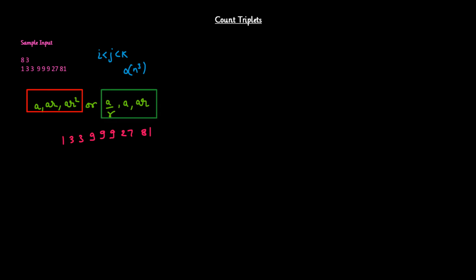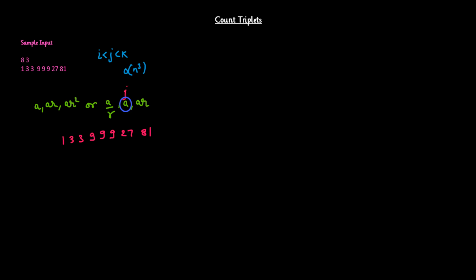So whenever I process this array, I'll treat this as a, and if I divide a by R, basically the common ratio, then I'll get an element which is on the left side. And if I multiply a with R, I'll get an element which is on the right side. So if I am on the middle, then it will be easy for me. If something is on my left side, it means definitely it will be less than, or basically treat this as j.